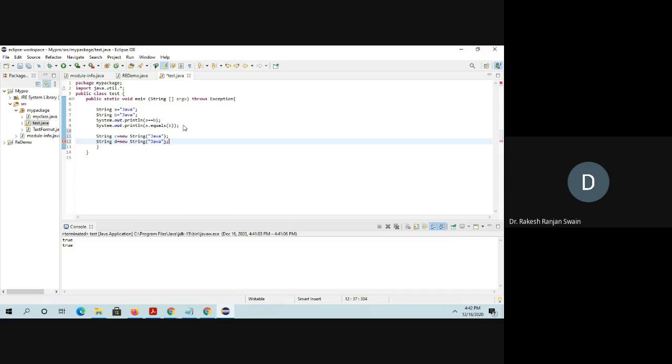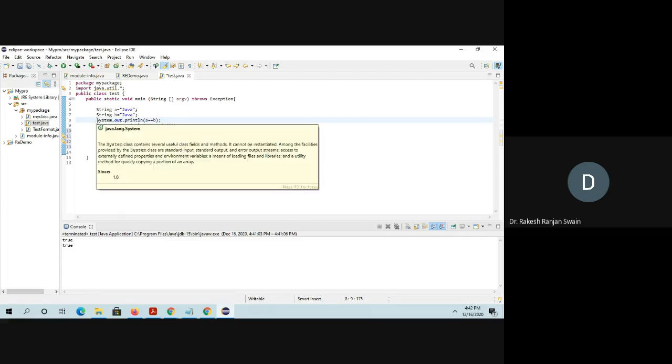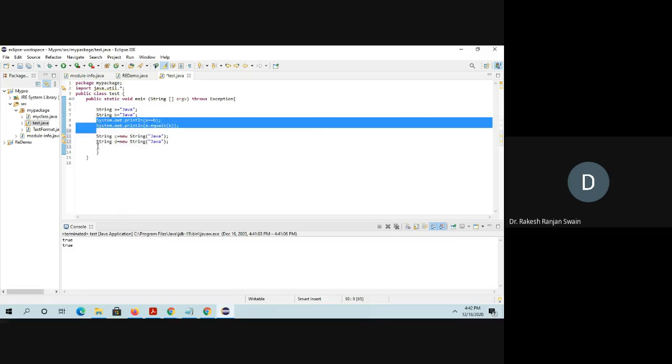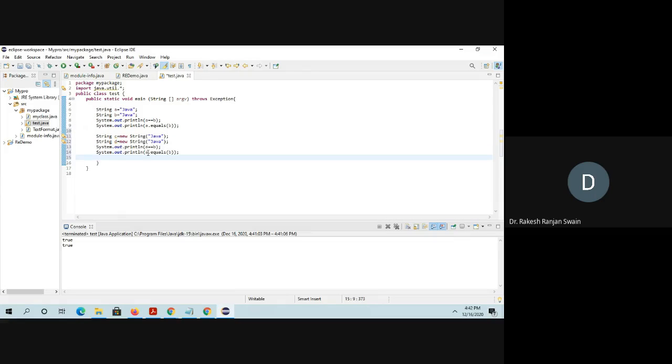Now the string value is the same, but I am creating them using the constructor, new String, new String. Now again you have to check it using these two methods, and let's see what the result is. C equal to D, C equals D.